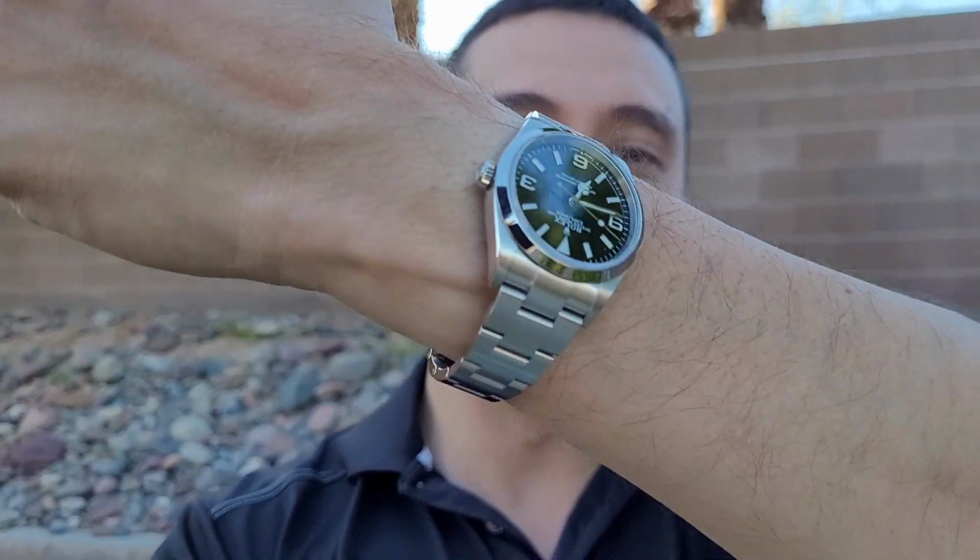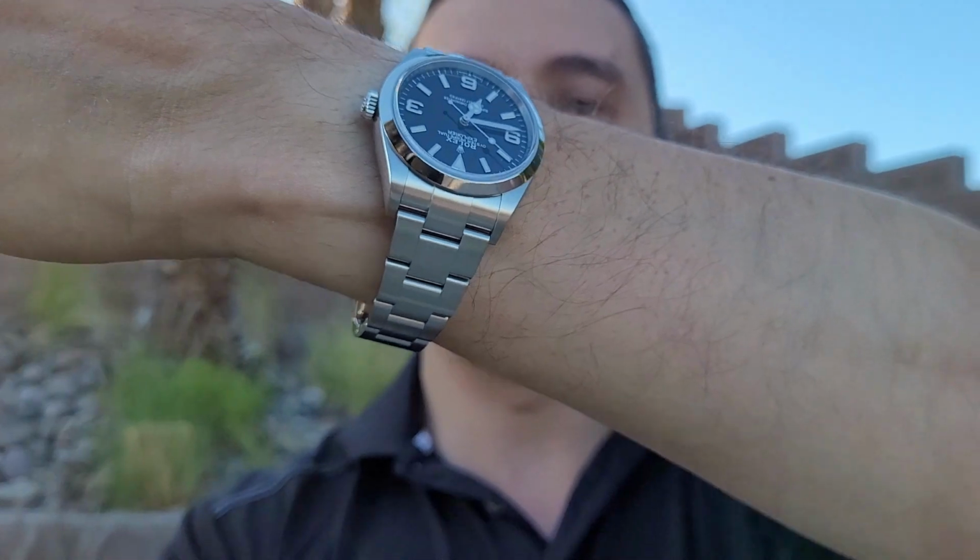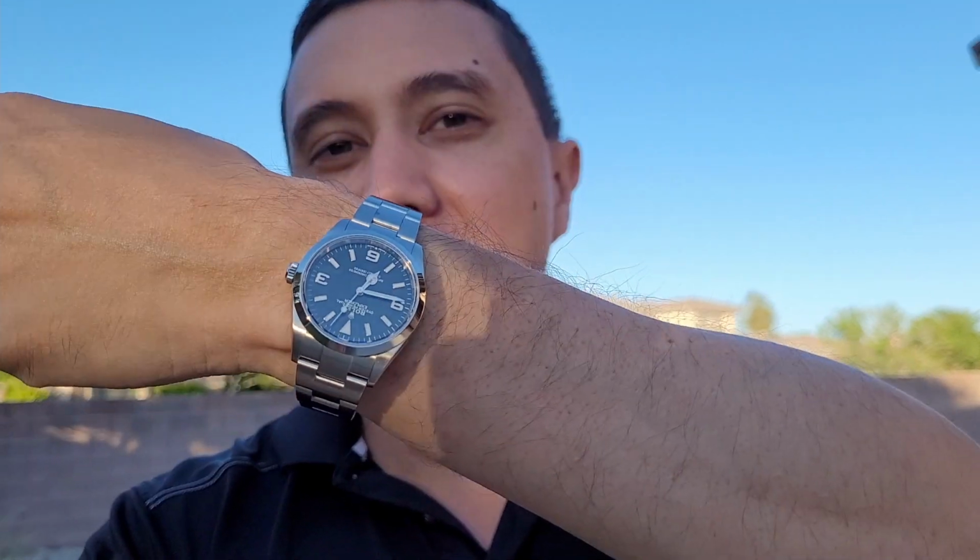So, quick wristwatch check. We've got the Rolex Explorer 36mm, the new one, the 2021 release. So what am I talking about? I'm talking about what are the differences between this 36mm and the previous generation 36mm Explorer. What are the differences and what does it tell us about Rolex? And interestingly enough, it tells us a little bit about the Submariner 41mm as well, and what Rolex's priorities are